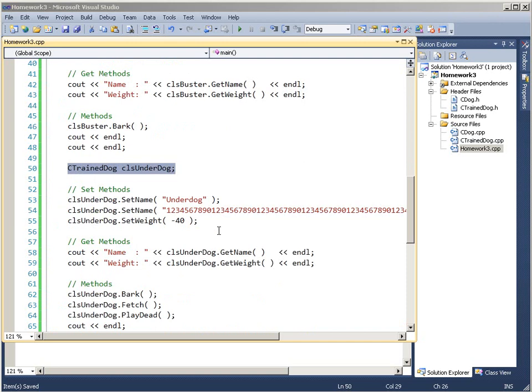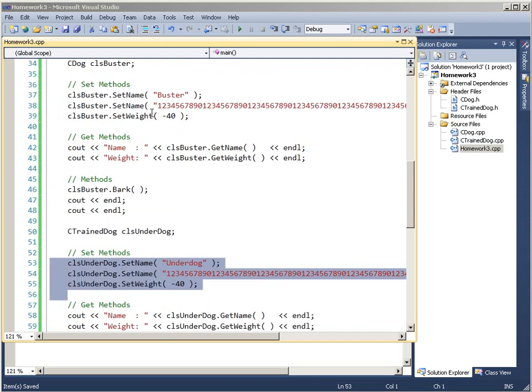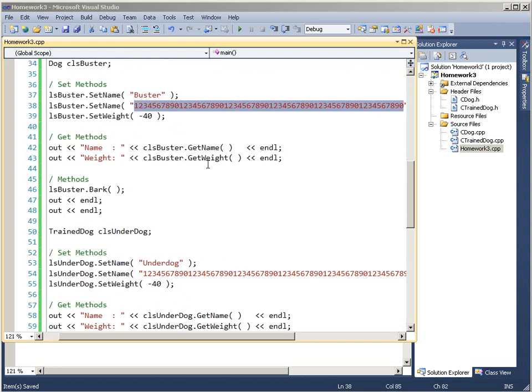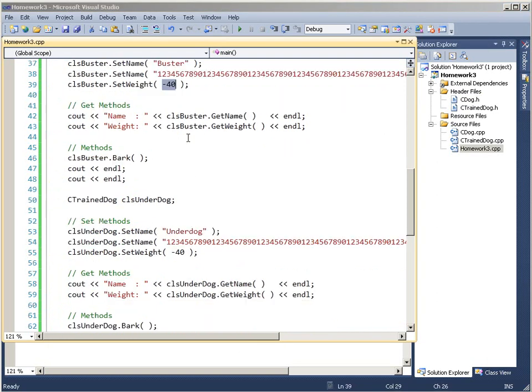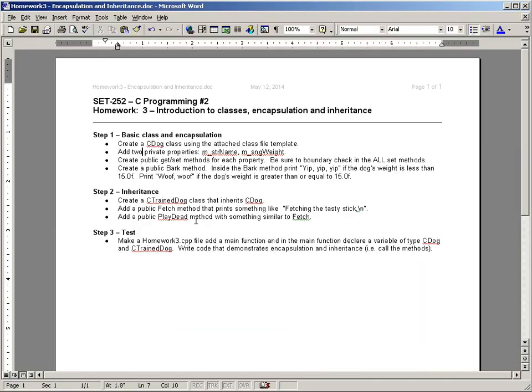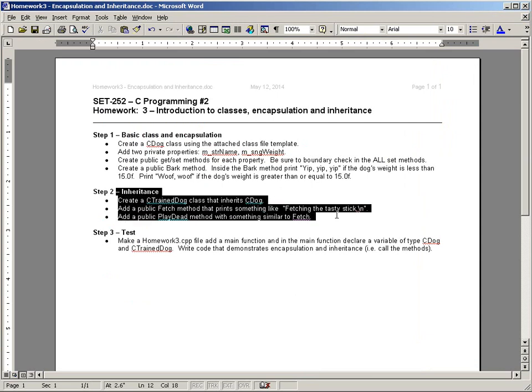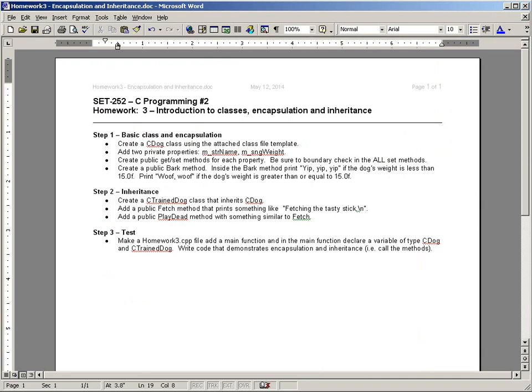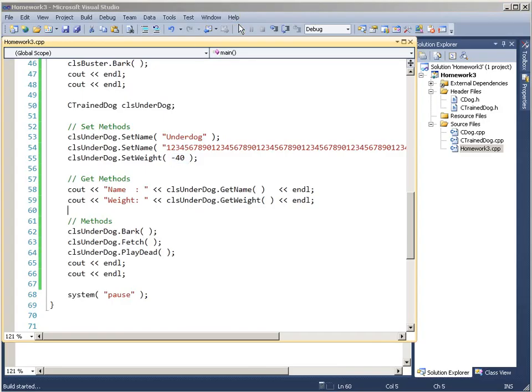And then with the trained dog that inherits that, we call the set methods. Notice I test the boundary checking. I try to put something in that's over 50, so I got 10, 20, 30, 40, 50, 60 long, so it doesn't set that. Put in a negative weight, should get clipped to 0, and then print that out. So according to the homework, well, I skipped ahead a little bit. Then we inherit and we make a trained dog that does that, and then we go ahead and we want to test it. So when you run your code, go ahead and run that,